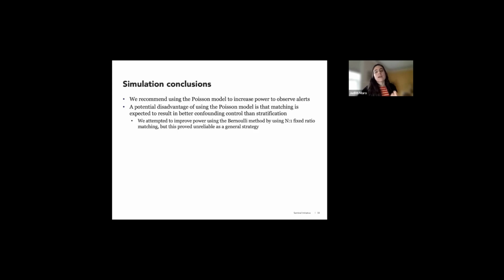It really depends on having a good active comparator with good overlap, or potentially having an extremely large population with an unexposed comparator. For us, power was more important than confounding control. Because when we do this, again, this idea here is progression from a signal identification framework into a signal evaluation